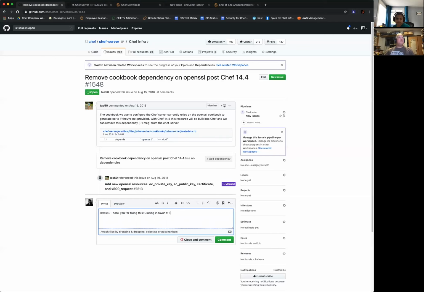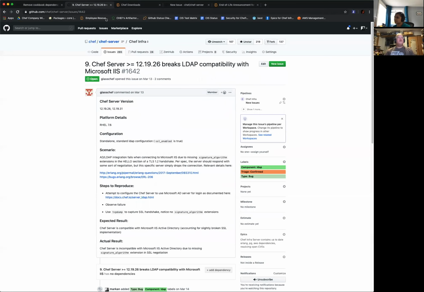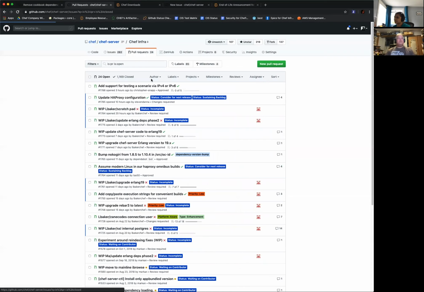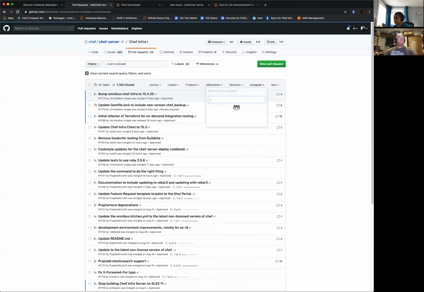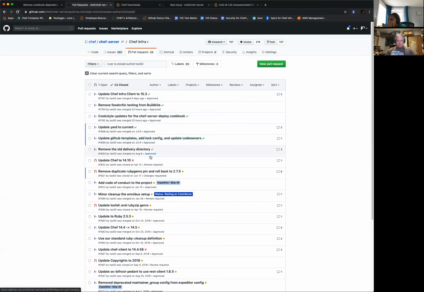And let's see, I'm trying to figure out which PR that would have been. Update chef client to 14.4. Upgrade chef to 14.10, this one?